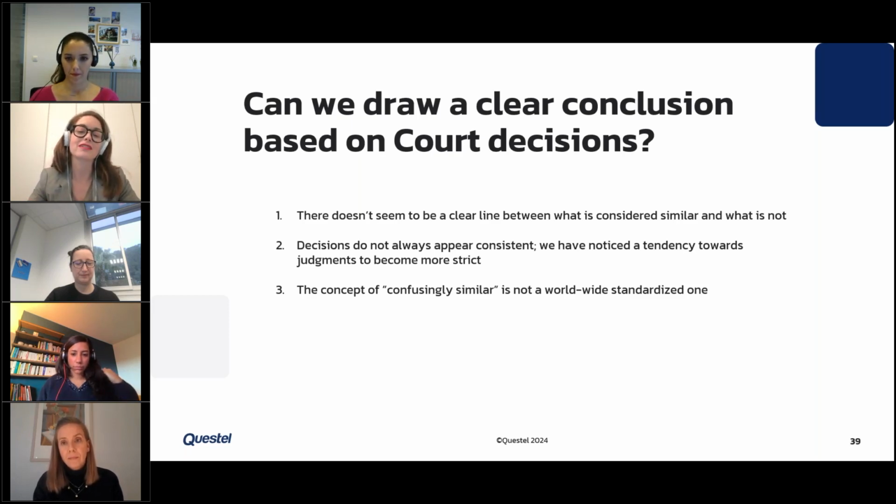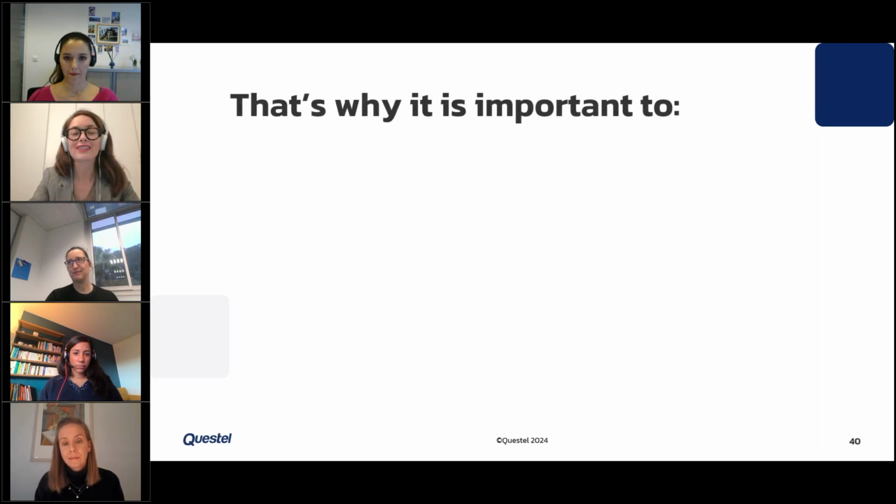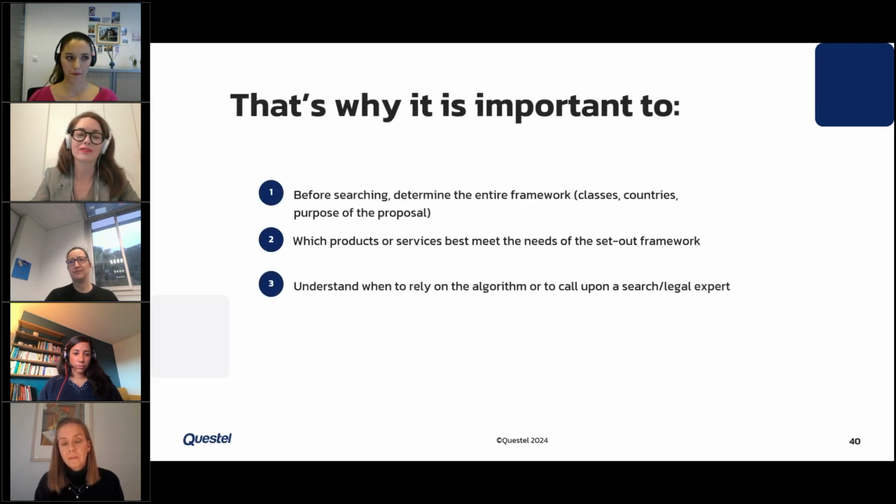We have noticed a tendency towards judgments to become more strict in most of the cases. And then it is also true that the concept of confusingly similar is not really a worldwide standardized one. So you can have a decision in the US in one way, and maybe in an Asian country in another way. So it's not always black and white.